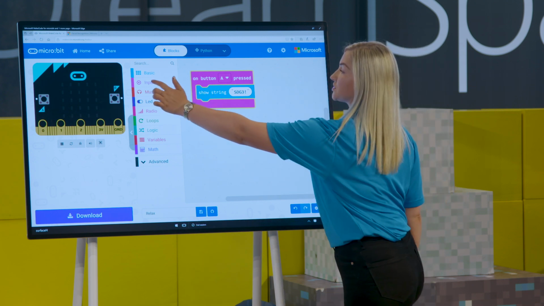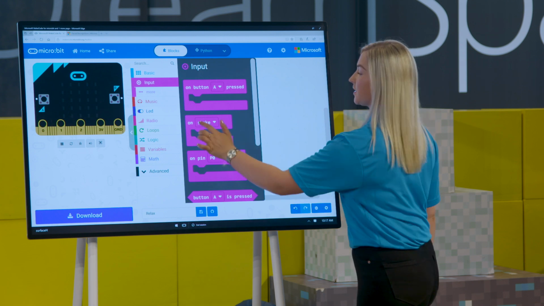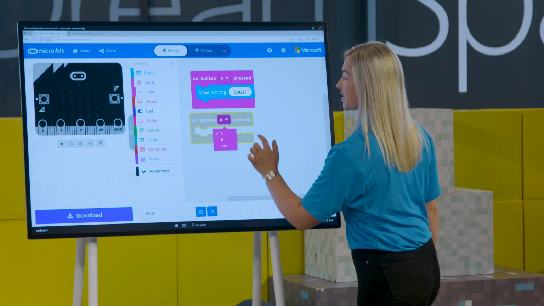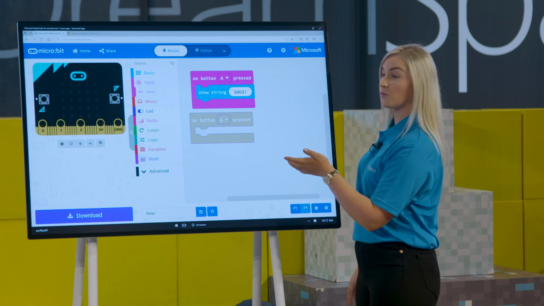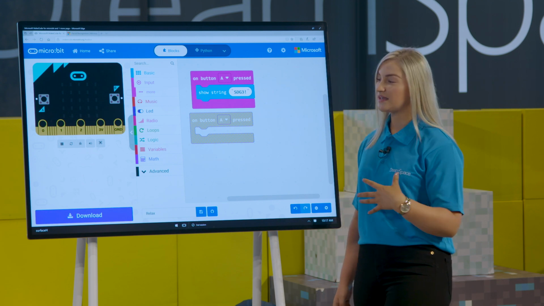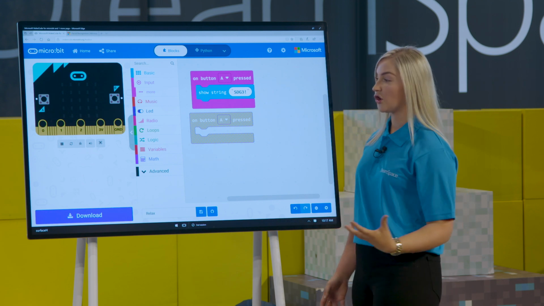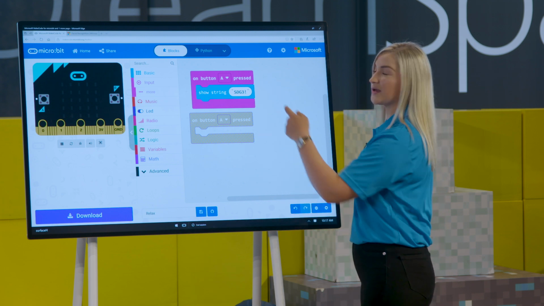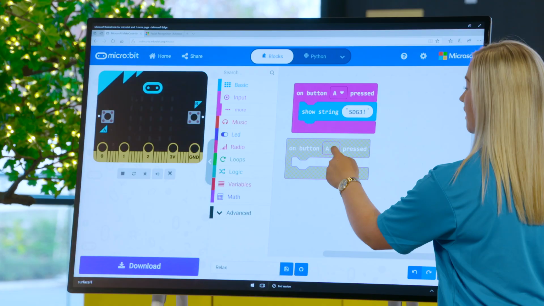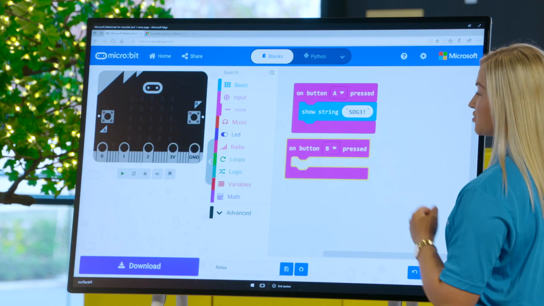So the first thing I'm going to do is pick another input, and this time I'm going to go with on button B pressed. I'm going to drag it in and I'm going to toggle over. And actually, it might be worth noting now, this block has turned a different color, which means there's a bug or there's a problem in our code. And the bug or the problem is that we can't have two button A's. We can't have two programs for button A. So we're going to toggle down and we're going to change it to B, and then it should get its nice